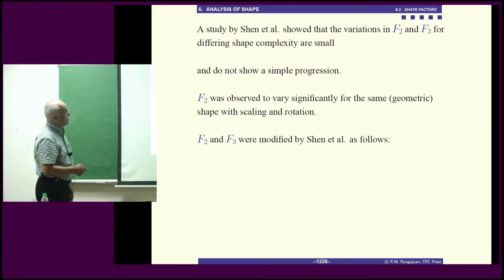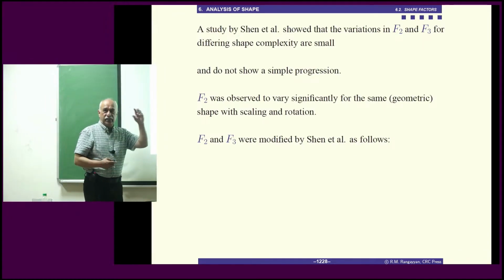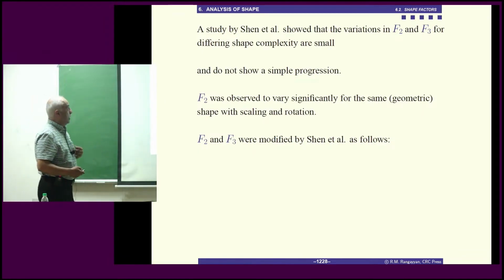F2 was observed to vary significantly for the same geometric shape, but with scaling and rotation, those circles and squares of different size that I showed earlier. So